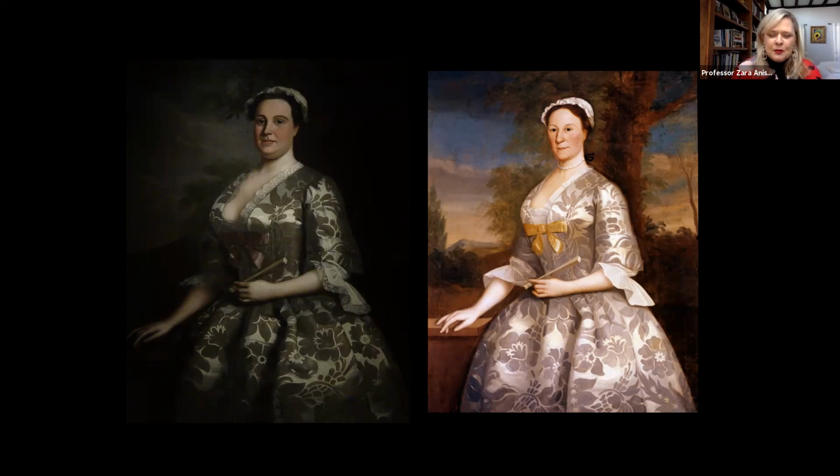But it's another colonial painter who's trying to find himself, who's trying to find his way into painting portraits, as I mentioned, without being able to go to St. Martin's Lane, right? Without being able to go look at larger collections of paintings for the most part. So if we move to the next portrait,